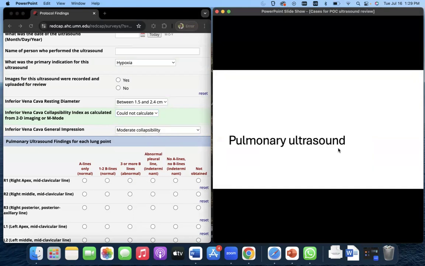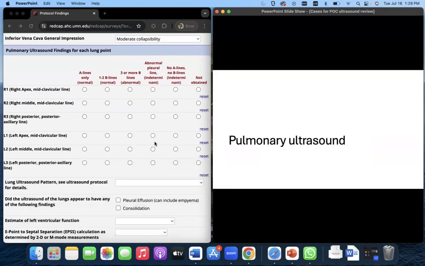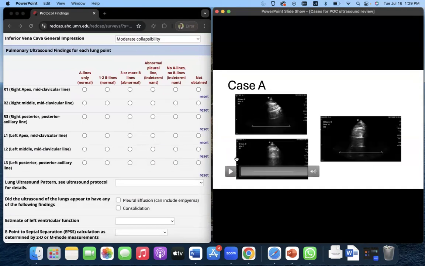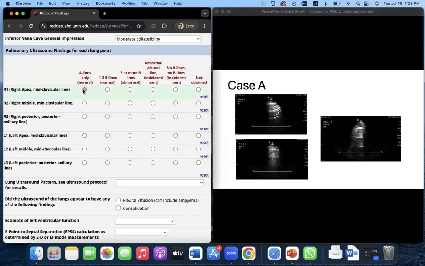And then the second section of the form goes into the pulmonary ultrasound findings, which are here. We can play some of the videos for you. They're labeled in the upper left-hand corner. You can see in R1, it looks like an A-line pattern. I don't see any B lines. And you could go through and do that for all of the lung fields. So R2